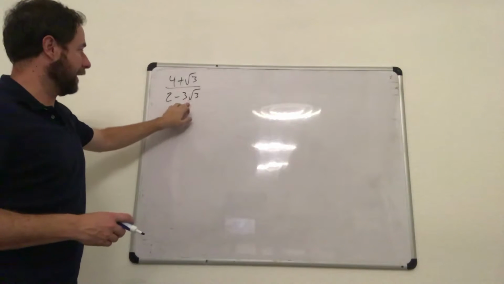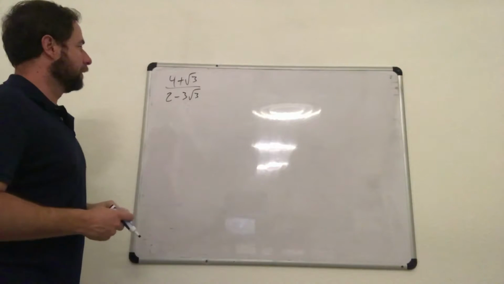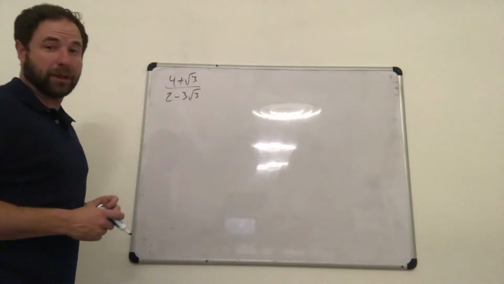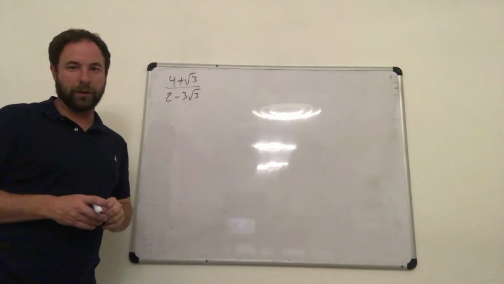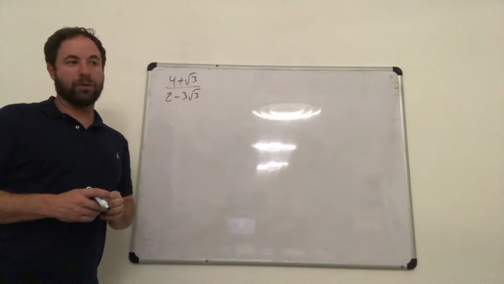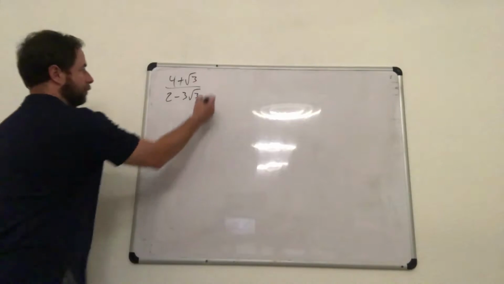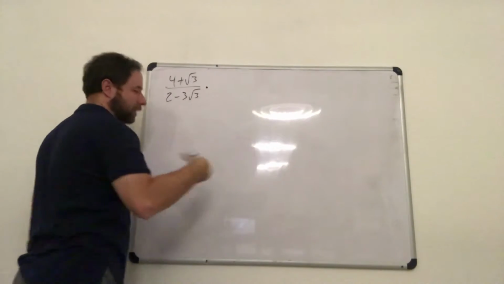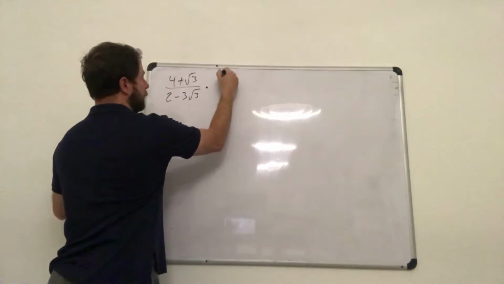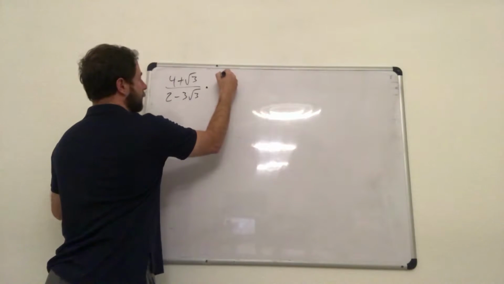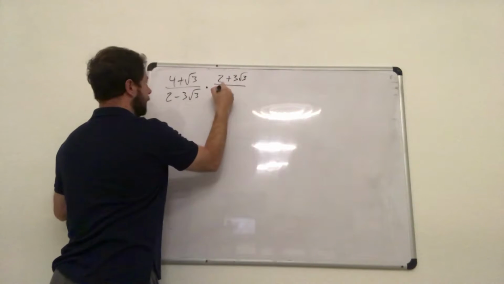And so you have to have a rational denominator. This is an irrational denominator because it's got a radical in the denominator. Can't have that. You also cannot have an imaginary number in the denominator. So we'll get one of those here in just a second. Now, the way that you get rid of an irrational denominator is you multiply this, just like changing a fraction. You're going to multiply it by a form of 1, and you're going to pick the conjugate of this, which